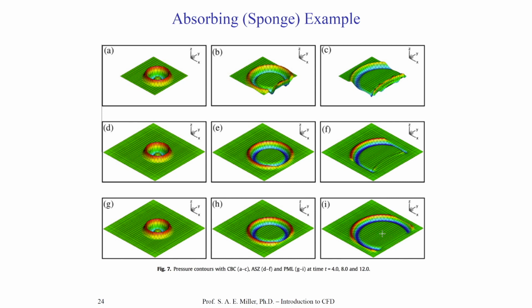Now, the actual computational domain where we're finding the solution is the interior points. The exterior points around the boundary, a set of them, have values of sigma from 0 to 1. Values of sigma at the actual boundary itself are set to 1, and values of sigma a few grid points in the interior are set to 0. They're allowed to vary from 0 to 0.1 to 0.2, etc., all the way up to 1. So as the solution advances through the sponge layer of the boundary, it's actually being damped. That's a brilliant idea. The problem is sometimes it causes reflections, like in case F, from the three initial disturbances,